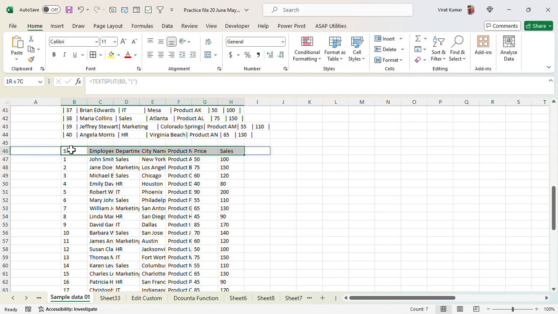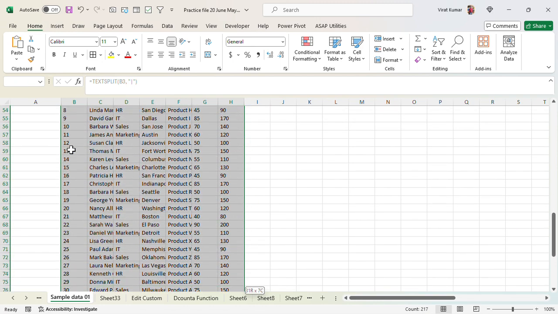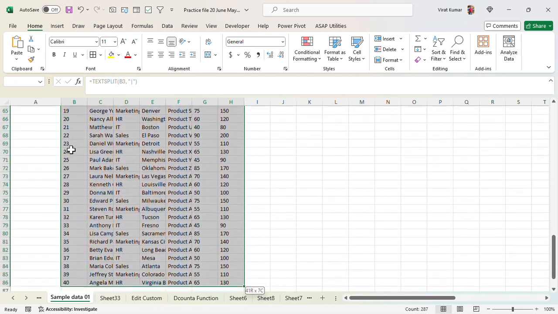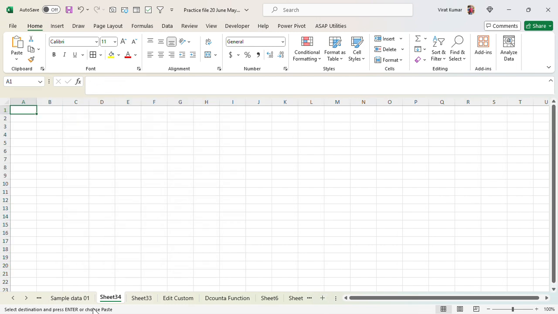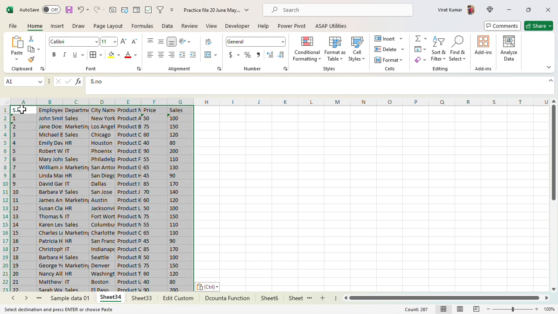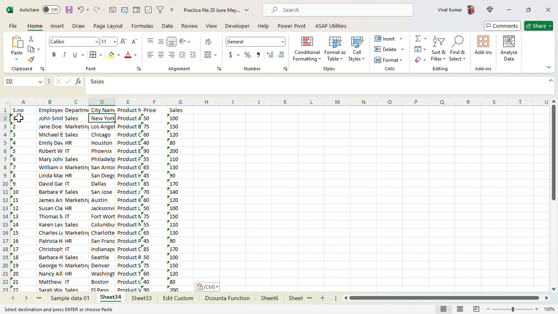Simply select this, completely select, Ctrl+C, add a blank sheet and Ctrl+Shift+V, and here you can see our data is clean. The data is converted into values.